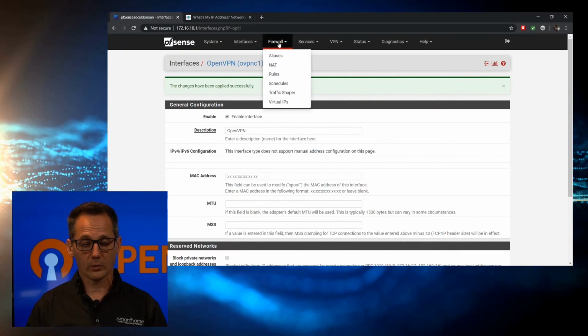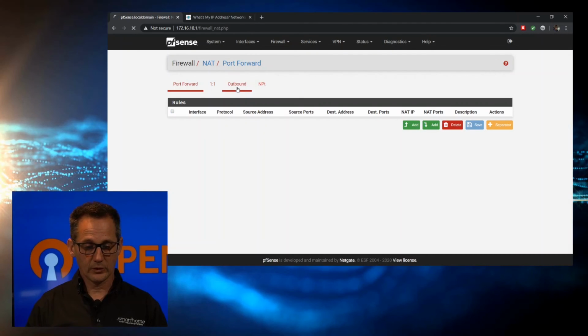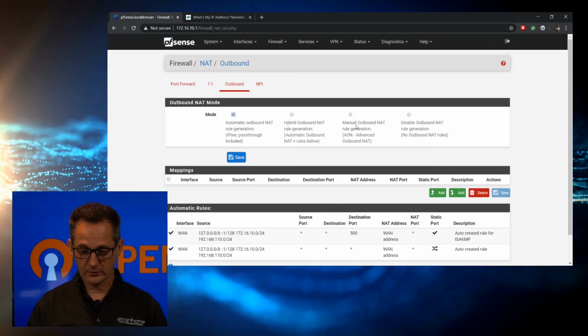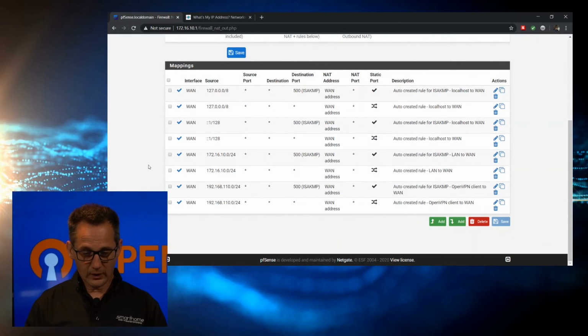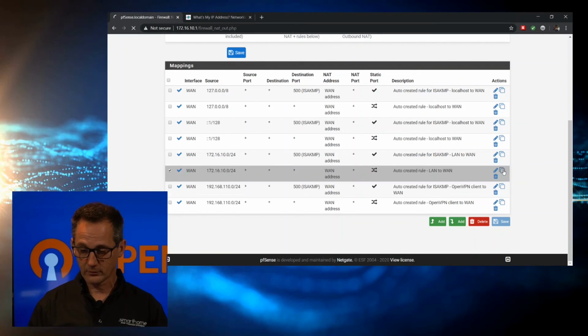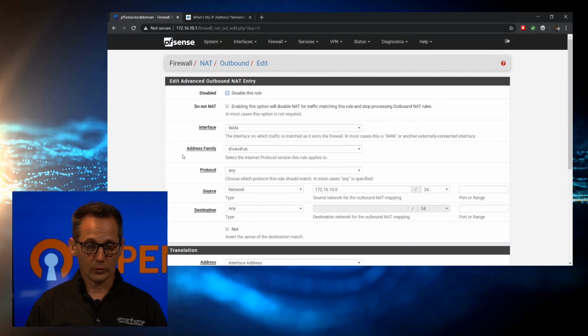Okay, firewall and NAT. We need to make changes to the outbound NAT. It is going to be manual. You need to hit save there. And then this rule right here, WAN to 172, we want to duplicate. This rule